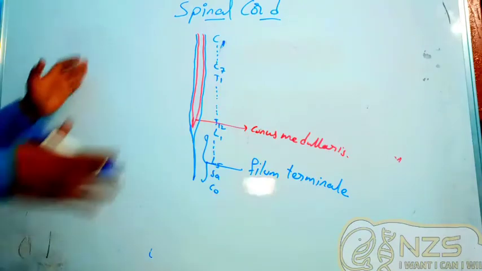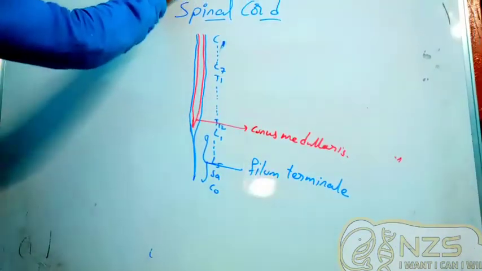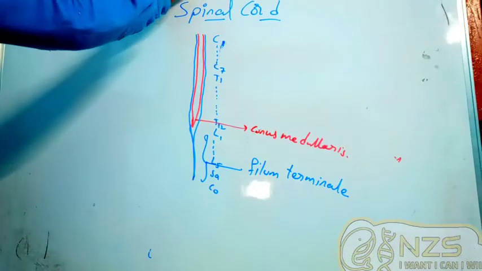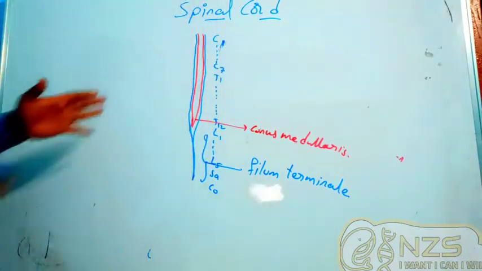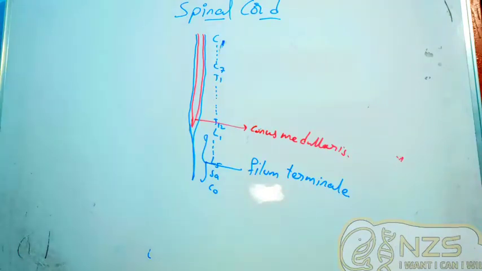Now the spinal cord extends from the top part, from the brain till the L1, and then with the help of its meninges. Now if you observe the spinal cord, we also have two plexus. I mean, you all know the spinal cord is a group of nerves. It is having two plexus.